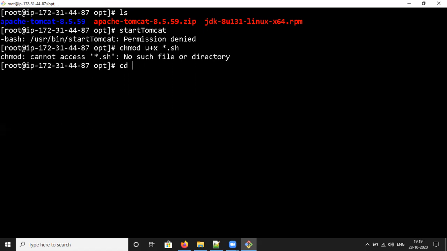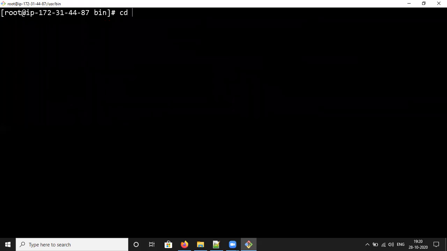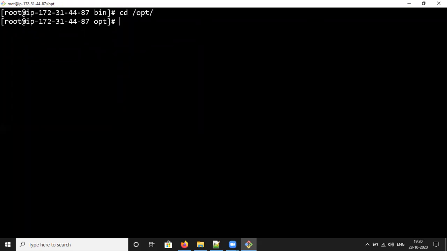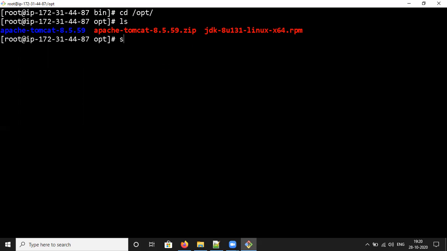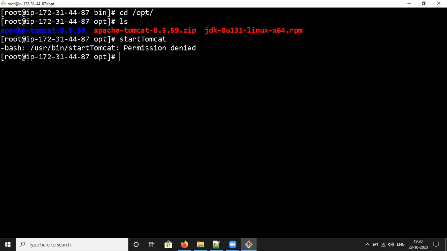So we need to get into the directory: cd /usr/bin. Now we can use that chmod command. It will work. Now we can get back to the opt directory and check the files. Now we can start Tomcat. startTomcat: permission denied.